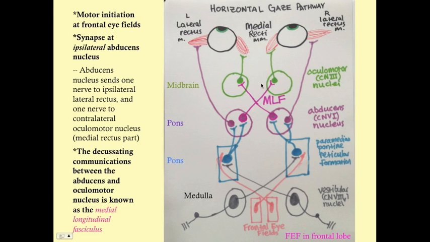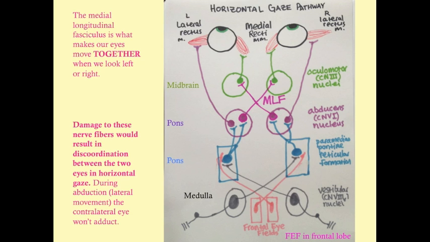So the medial longitudinal fasciculus is what makes our eyes move together when we move left or right. Anytime we activate the lateral rectus in one eye, we automatically activate the medial rectus in the other eye. And damage to these fibers would obviously then result in discoordination during horizontal gaze. Because if you were to not have this left MLF, this strand here that goes from right to left, the